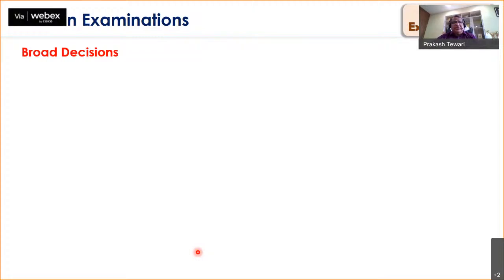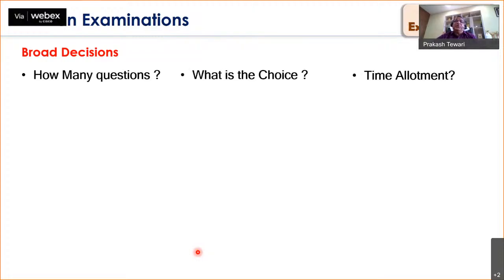One, you should take broad decisions. That is, how many questions you want to ask. Whether you want to ask 8 questions, out of which 5 they have to answer, or you want to ask only 5 questions and all 5 they have to answer. And what is the time allotted? Many times we make mistakes, especially faculty members who are new to setting up the question paper. Each question, question number 1 ABC, question number 2 ABC, question number 3 ABC, they ask so many questions,